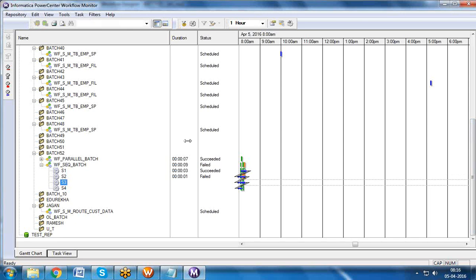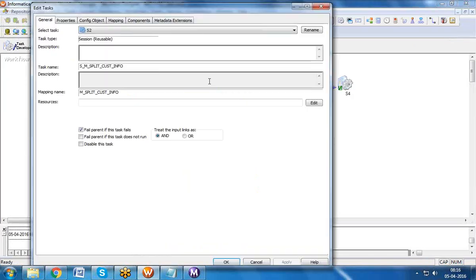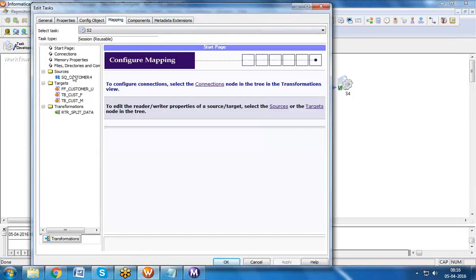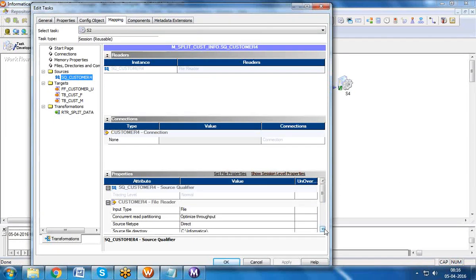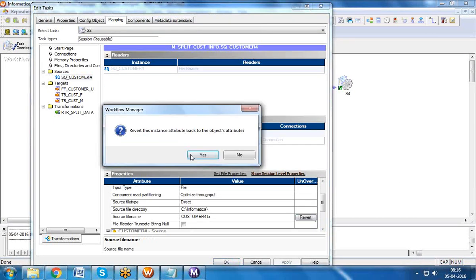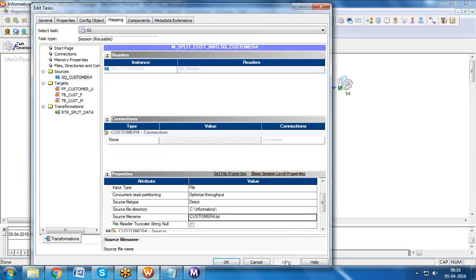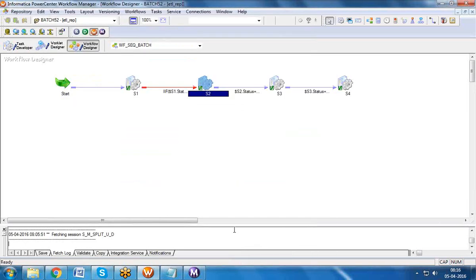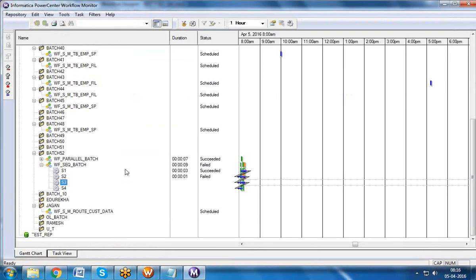Got it? S3 and S4 have not triggered, right? Okay, now let me fix the issue. Let me set the file path correct.